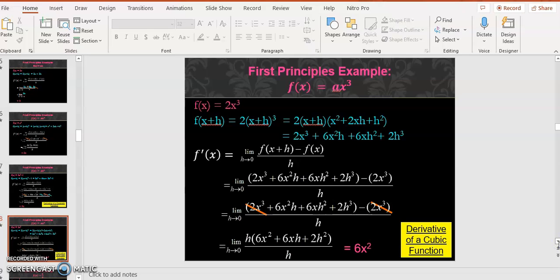Let's try this one also. Now we have our domain to be x, so it's 2 times the domain to the power 3. So here our domain is x plus h, so 2 times the domain to the power 3. So this is going to give us 2 times our domain, then x plus h squared. So x plus h squared, in our previous, we know is going to give us this one. So if I expand all this, I'm going to get this. Okay,